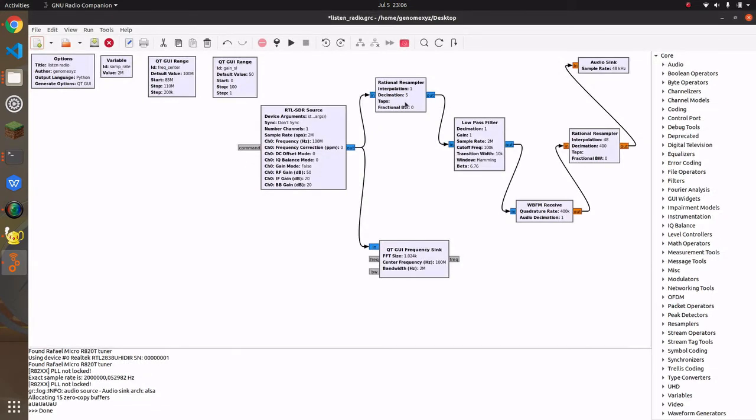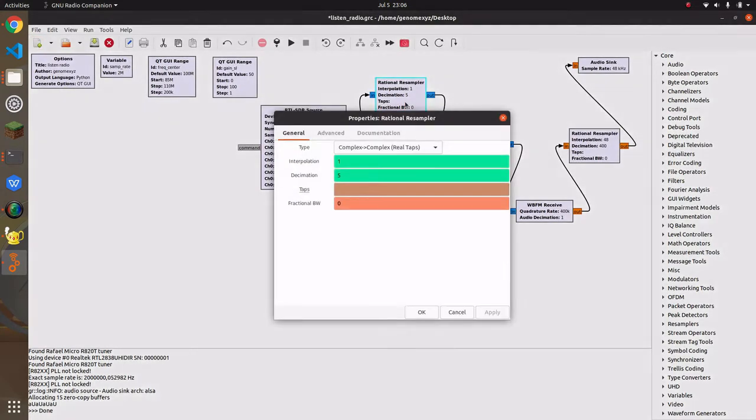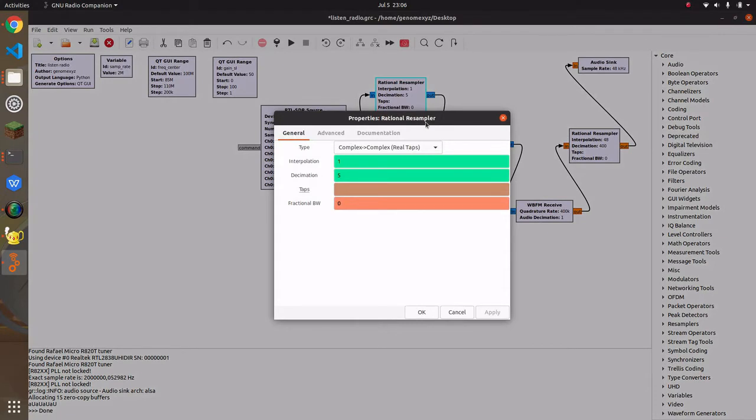And the second block is the rational resampler. The rational resampler is here to make our computer's work easier. It will drop some samples. Here I set decimation as 5 and interpolation as 1.